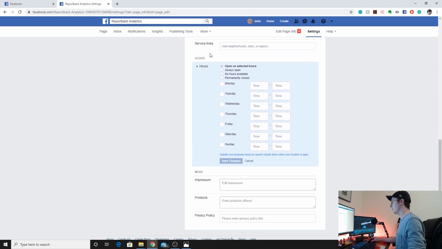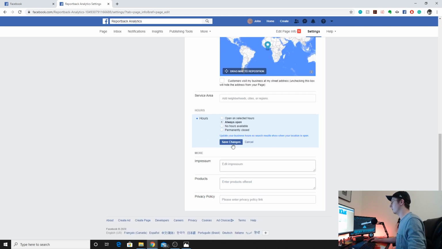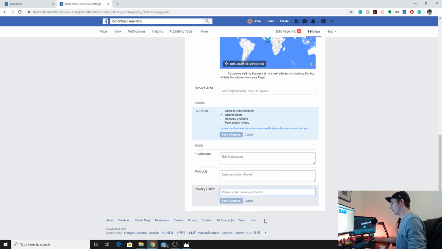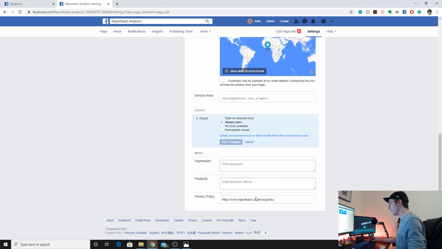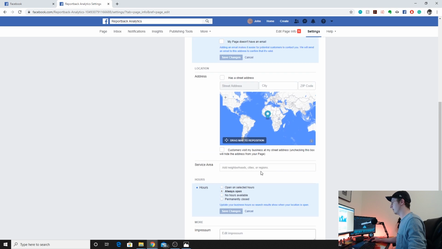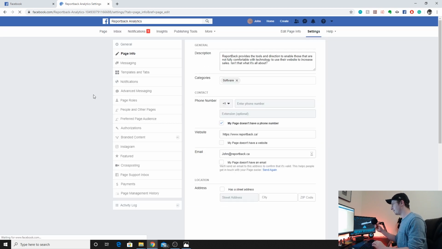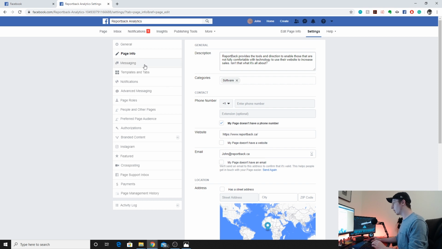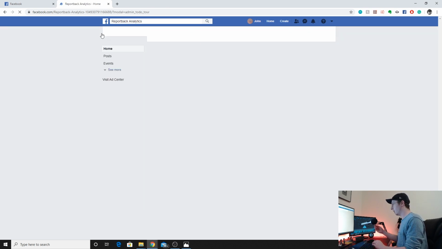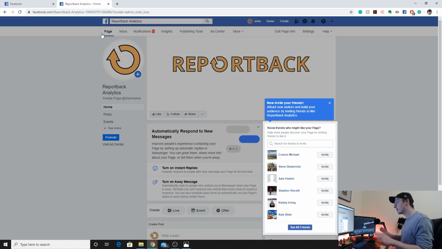And then finally, we want to take a look at hours of operation. If you have these, feel free to fill them in, but since we are automated, we are always open. So click save there. And actually, we do have a privacy policy at ReportBack, so I will copy and paste the link here. Feel free to add to this where you see fit and where it applies to you. And you'll notice when I refresh this page, all the notifications have gone away and you are left with a completed, or at least rudimentarily